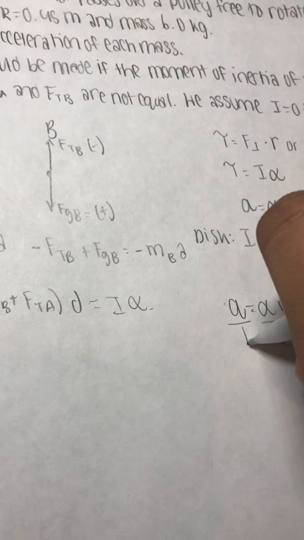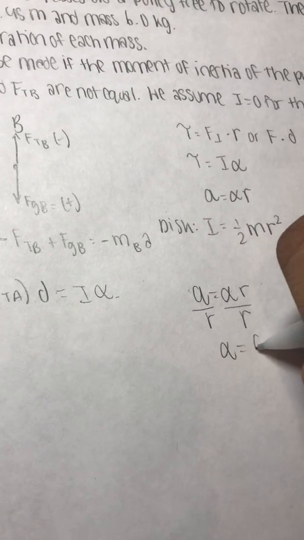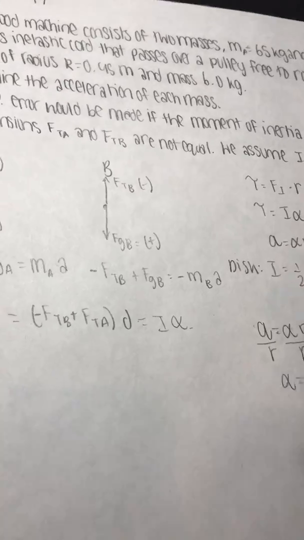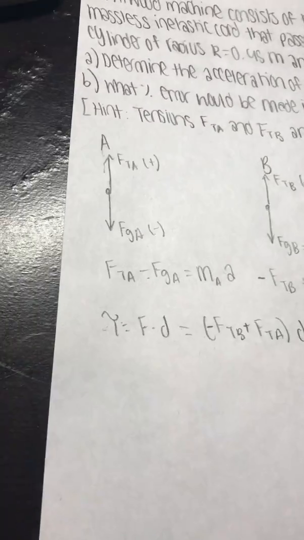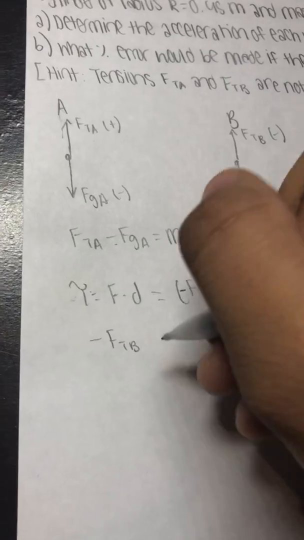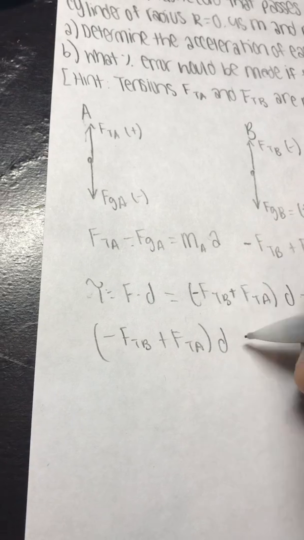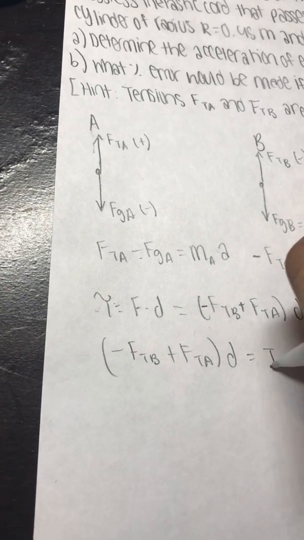So I divide by radius, and I get acceleration over radius. So then I can plug this in over here. And I have negative FTB plus FTA is equal to